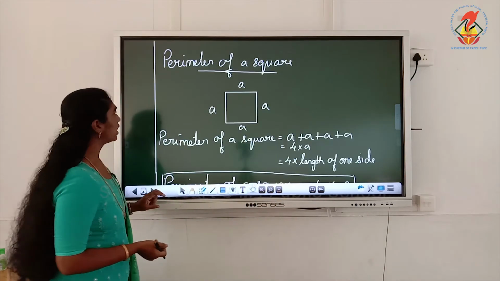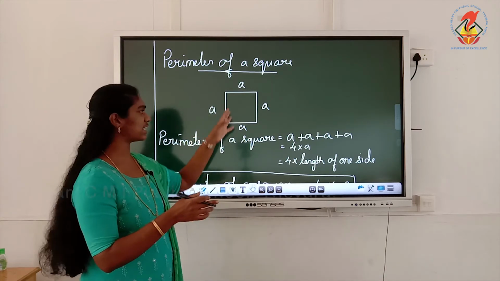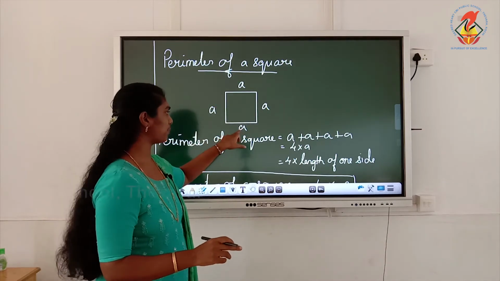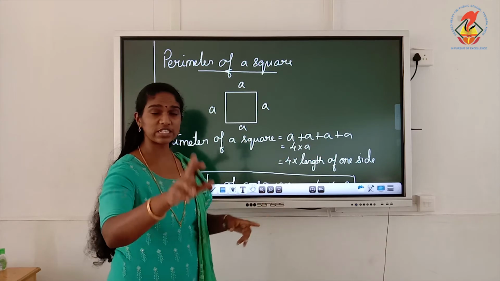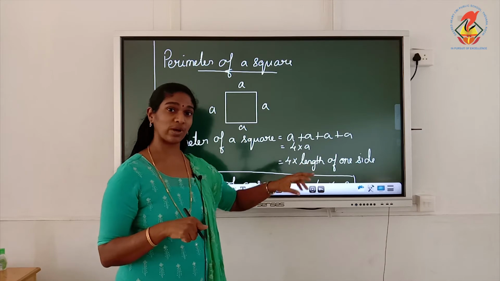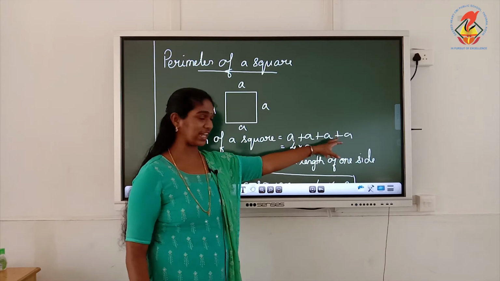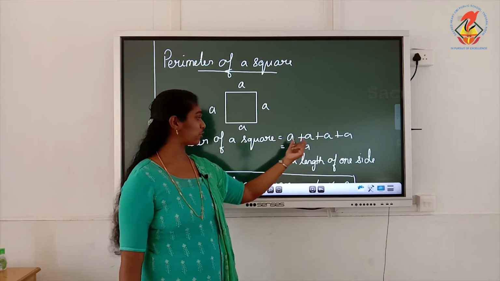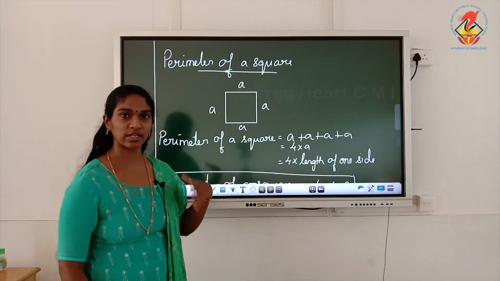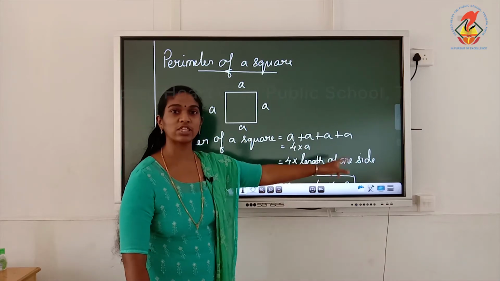Okay. Now coming to the perimeter of a square. In a square we know all 4 sides are equal, so I have given it a letter A. How do we find the perimeter? We will add up all the sides, isn't it? A plus A plus A plus A. That is what I have done. But instead of adding that A 4 times, I have multiplied A with 4. Why? Because multiplication is repeated addition. So 4 into A. We don't know what A is; depending on each square, that measure will change. So what is this A? A means the length of one side.